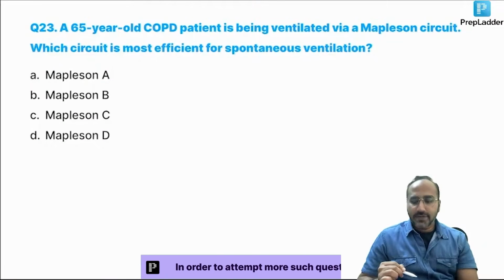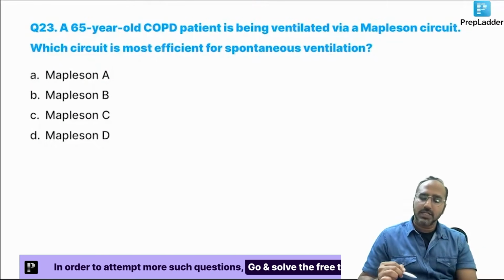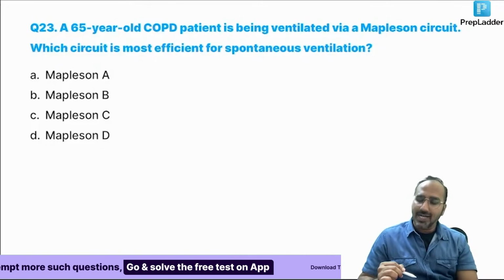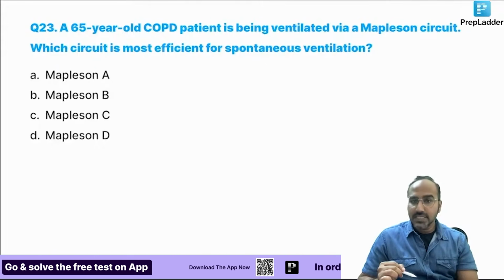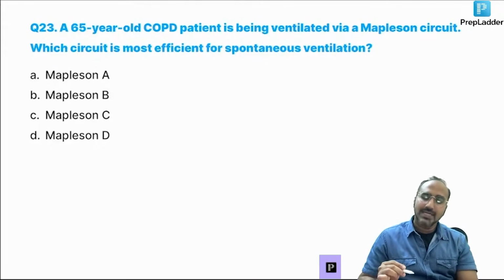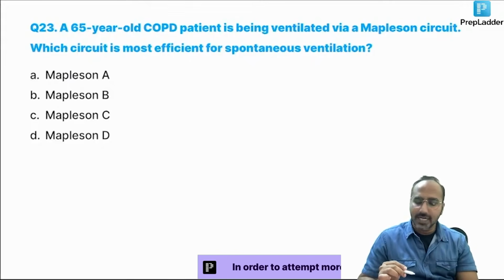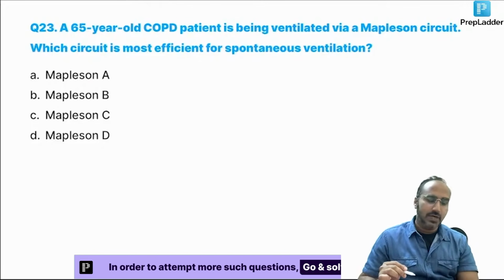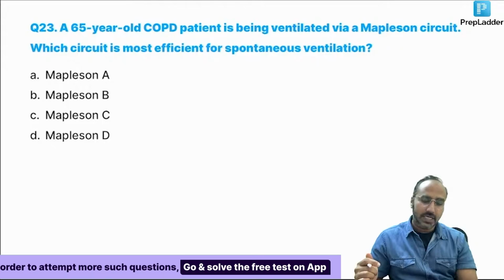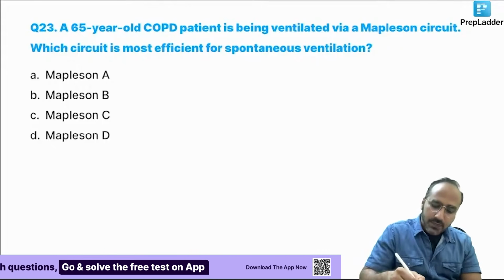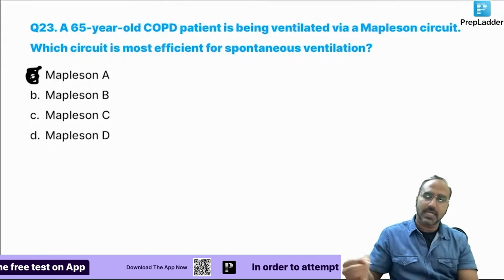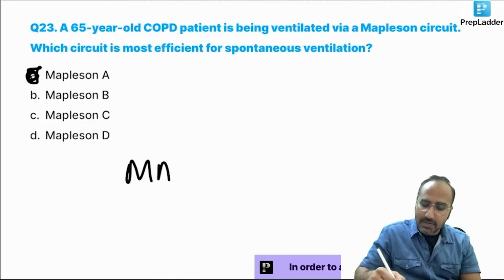Next, a 65-year-old COPD patient is being ventilated through a Mapleson circuit. Which circuit is most effective for spontaneous ventilation? Come on, guys. A, B, C, D. What's the answer? Mapleson A, B, C, D. Very good, very good, very good. Spontaneous ventilation, Mapleson A. Remember, guys, regarding Mapleson